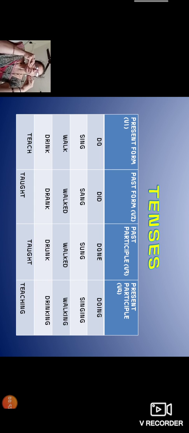So I just want to introduce another short form, because whenever I'm explaining the sentences I may be using these short forms. I just want you to know which short form is used for which form. Here the four columns which you see on your screen are all the verb forms. So I have given the short form as V. V indicates verb, and I have numbered them V1, V2, V3, V4. V1 is given for the present form of the verb, V2 is given for the past form of the verb, V3 is given for the past participle of the verb, and V4 is given for the present participle of the verb.